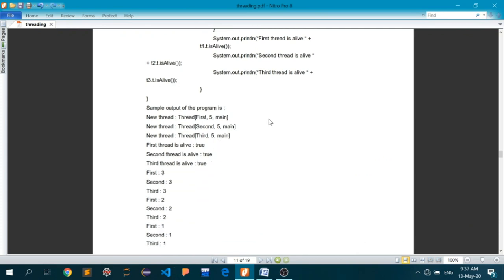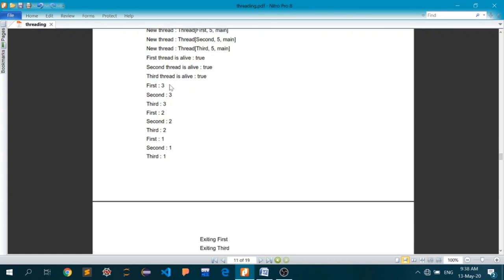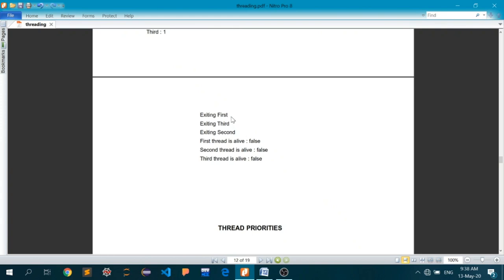And when we try to run this, as you can see, first thread is alive true, second thread is alive true, third thread is alive true. These trues are actually brought to you by the isAlive method. So it means that all three threads are alive and up and running. After that, inside the try block, all the threads will share the CPU space: first, second, third, first, second, third. The order can be different depending upon the CPU capacity. And after that, exiting first, exiting third, exiting second means that after the termination only we have moved on out